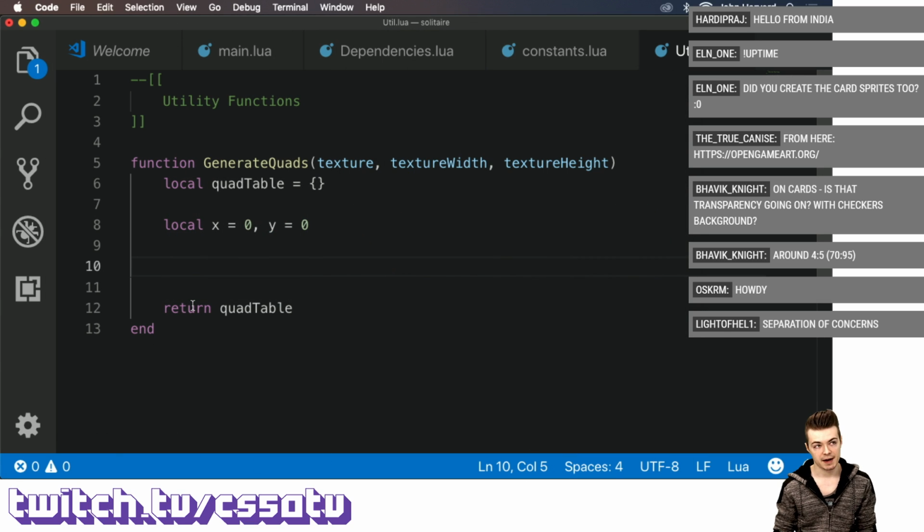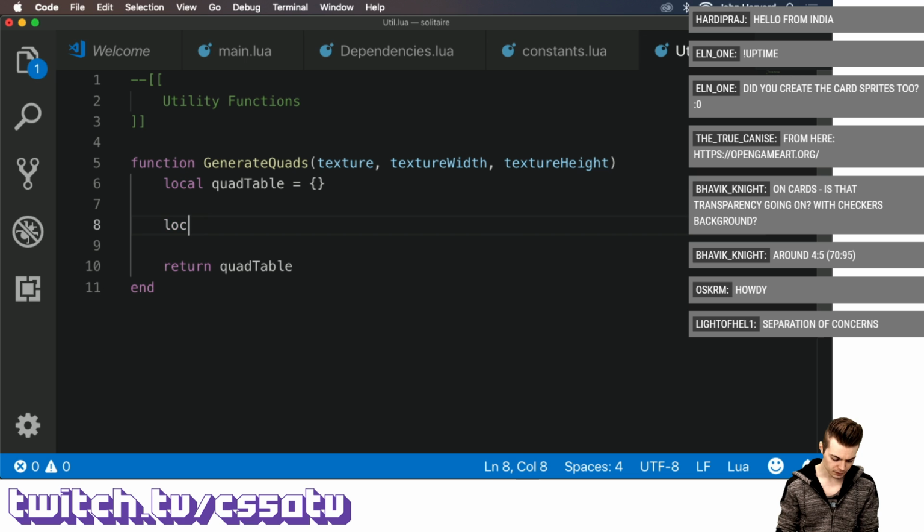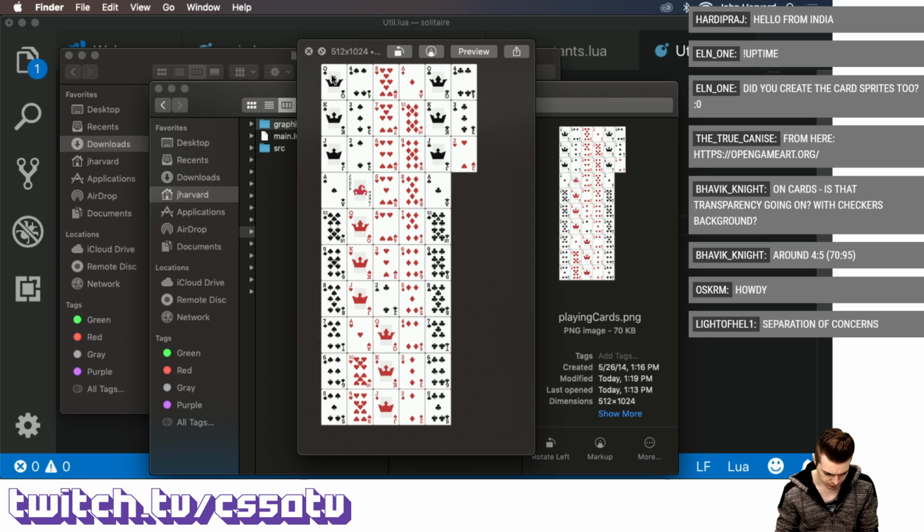So actually what I can do is say for y is equal to 0 until, and how many cards do we have? 1, 2, 3, 4, 5, 6, 7, 8, 9, 10. So we have 10 cards. So that's up until